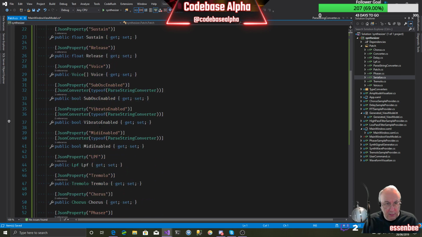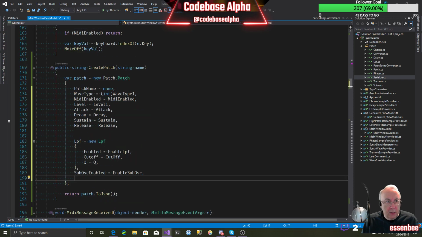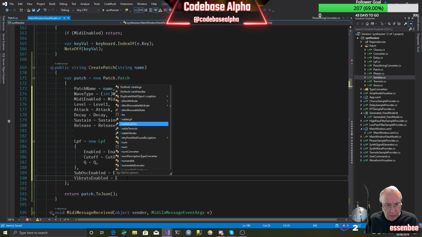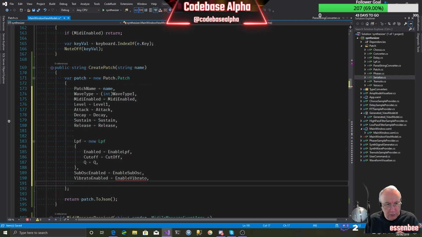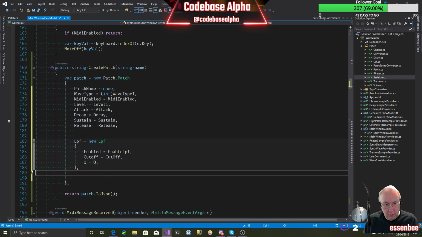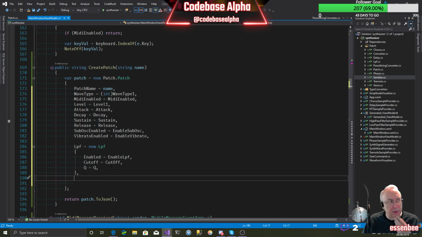Sub oscillator, vibrato, because currently those don't have any actual controls associated with them. There's on or off, and they're fixed values. All the parameters are fixed for those. So what we'll do is move those values up in this block of simple types. So low pass filter, and then we had